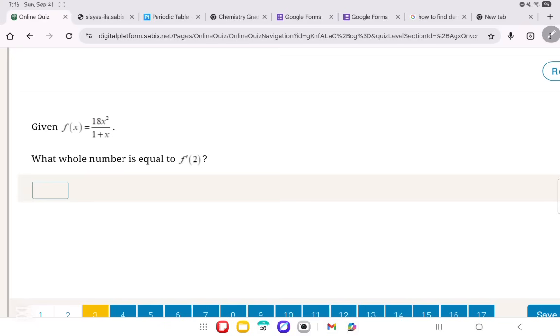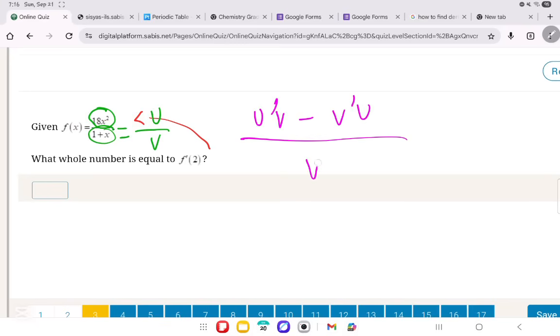What whole number is equal to the derivative at 2? Like f prime of 2. So you will substitute 2 in the derivative. So very simply in this scenario, I have a monomial up and a binomial down, which is actually the same as u over v, right? And we said when we're dealing with u over v, we'll have to apply the equation, which is u prime v minus v prime u over v squared. So first of all, let us call our u and our u prime,